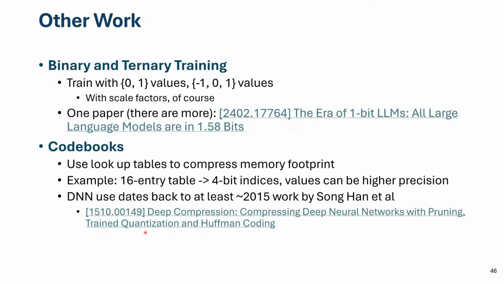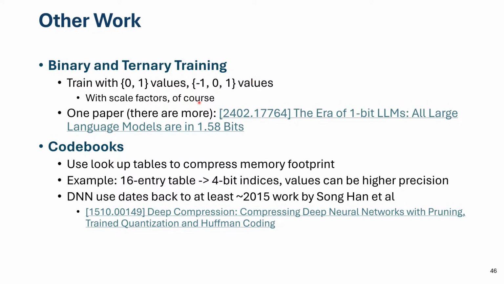Okay, other works, I'll skip through this in the interest of time. People have been publishing on binary, and I would call it ternary training. They call it 1.58-bit training. One paper from early last year was pretty interesting. That's basically just using -1, 0, and 1 values to train, of course, with scale factors. And they have to change quite a few other hyperparameters to make it work, add more normalizations and so on,